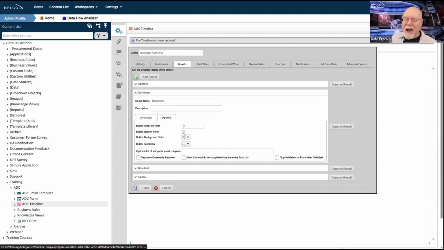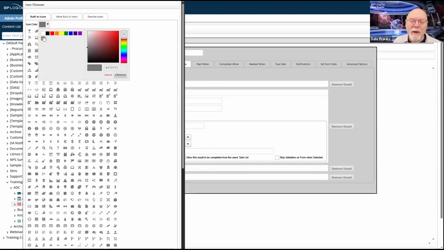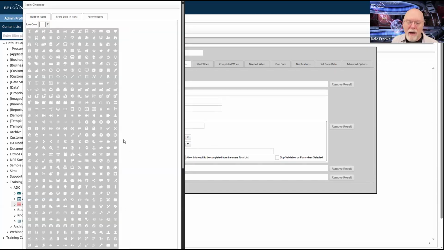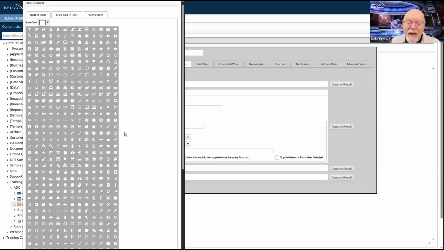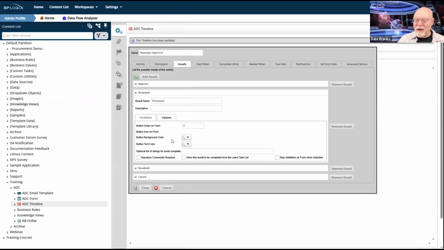So I am going to go ahead and pick an icon just because I always pick an icon. And I'm not sure that I like that particular color. I think I'll probably switch over to a white icon because I'm going to have a dark background color. This is going to be the reviewed icon. I'm not sure what icon I would put for reviewed. So I'm just going to throw in the information icon that lets me know I've looked at it.